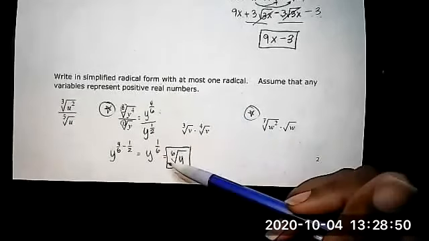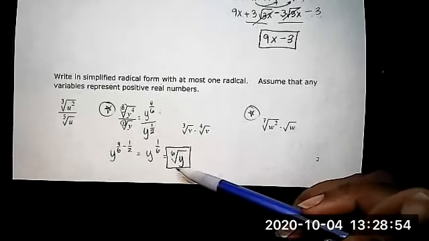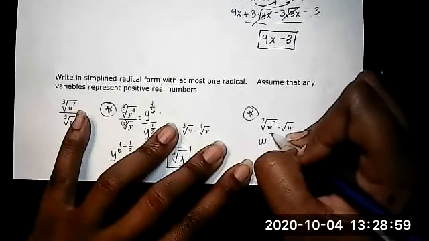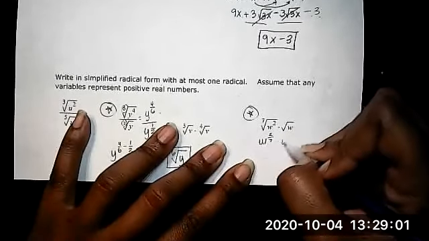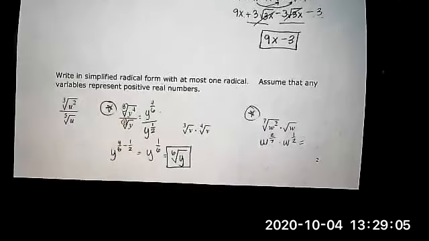And they want the answer in radical form. So that is the easiest way to do that. Okay. Same thing here. I would change it into fractions. This becomes 2/7. This, of course, becomes w to the 1/2. Add those two because you're multiplying. I would add